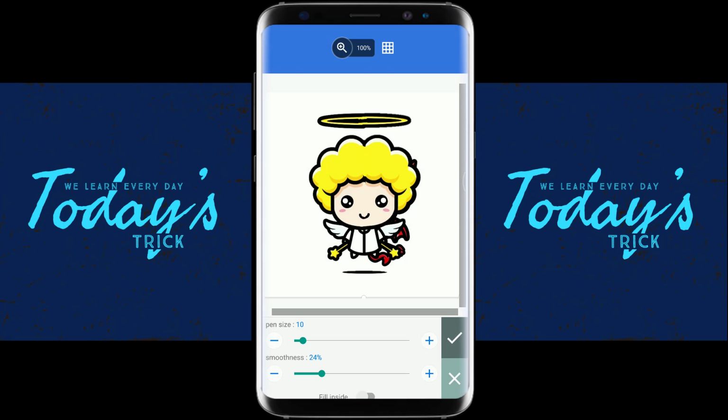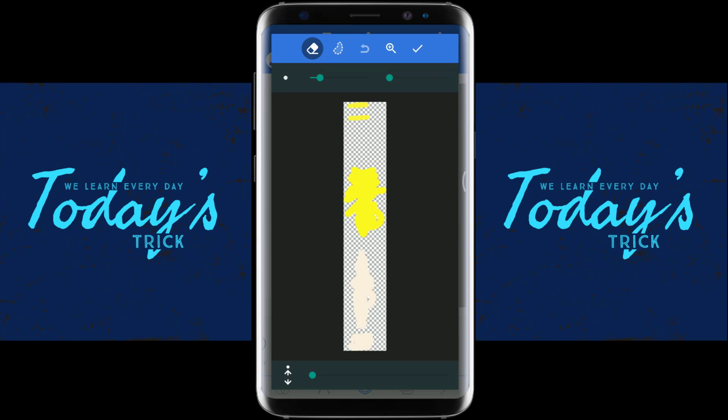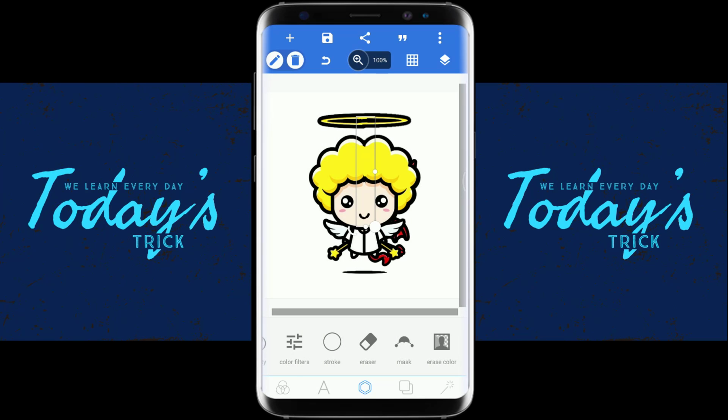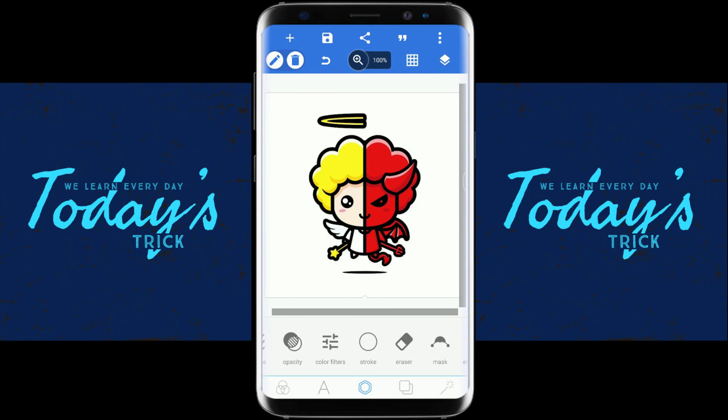Then for now we need to remove few colors from back, and you can see erase. No, okay, here layer, I selected this layer. That's the problem here. We have to select this layer, erase.